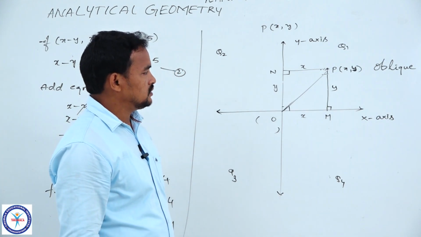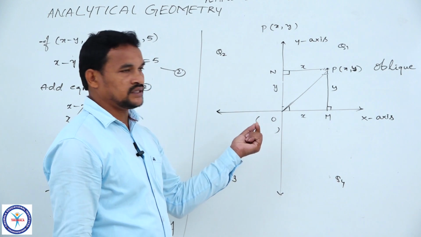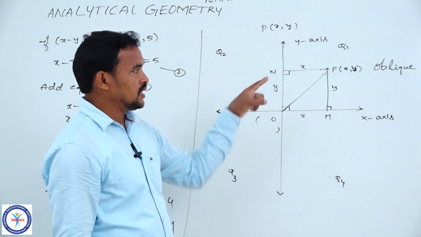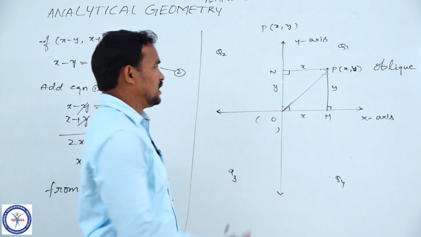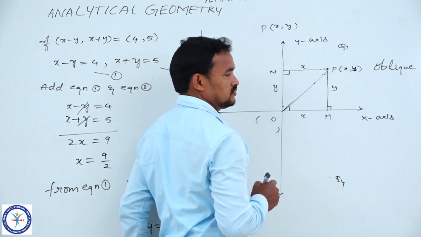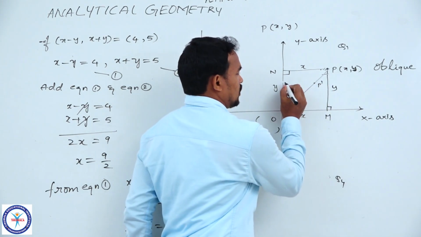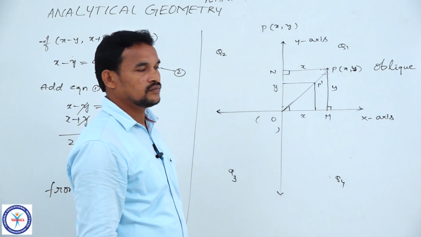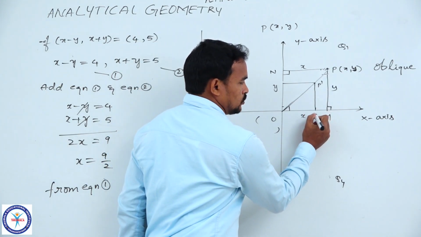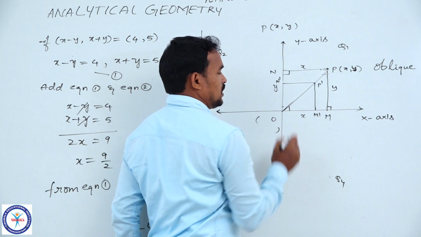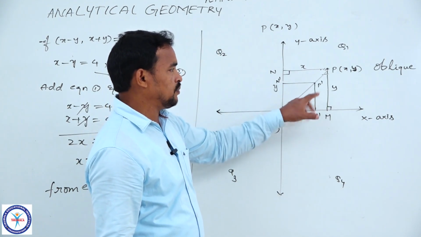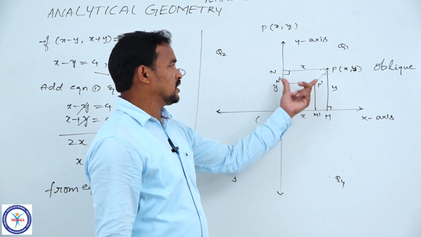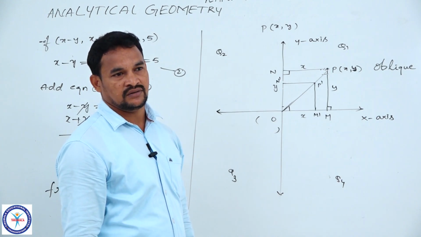here we observe that when the point P is closer and closer to the origin, the perpendicular distances from that point to the coordinate axes decrease. Here see, if the point P moves closer, it changes to P dash. Now draw the perpendicular from P dash to the x-axis and y-axis. Here P dash to M dash, P dash to N dash. The distance P dash M dash, when compared with PM, is it decreased or not? Decreased. Similarly, P dash N dash is also decreased when compared with PN.